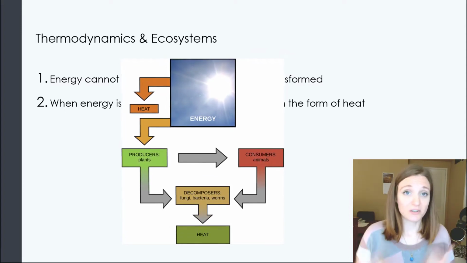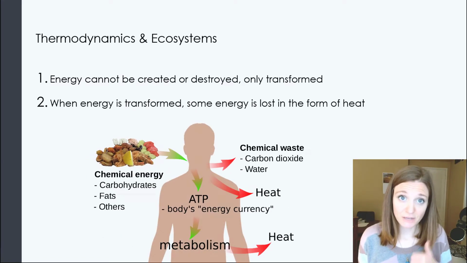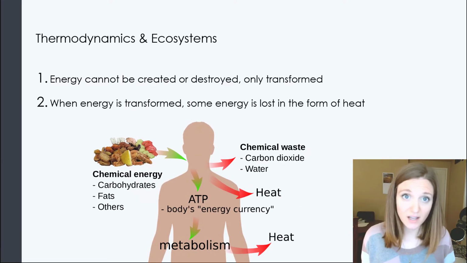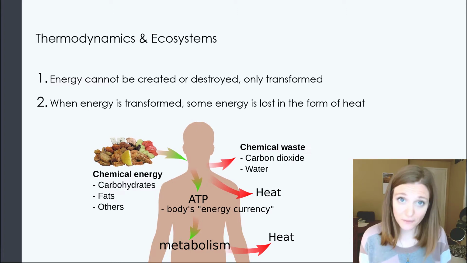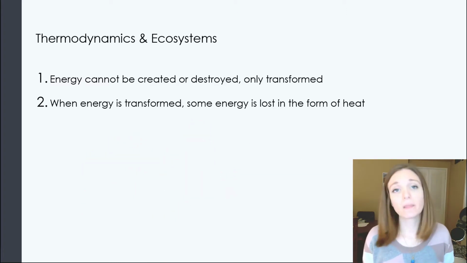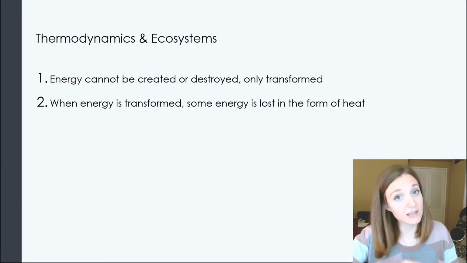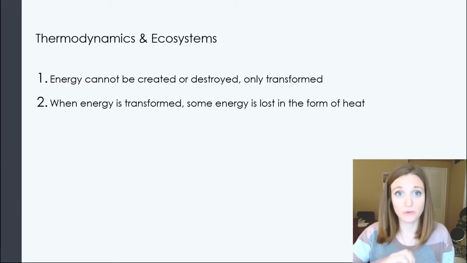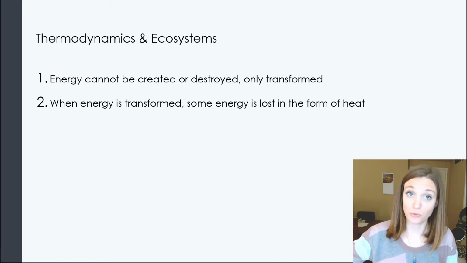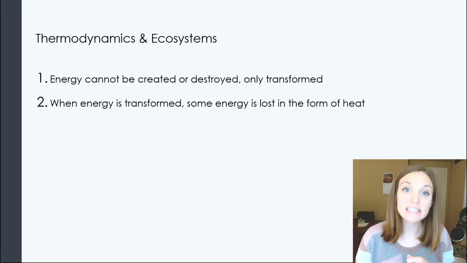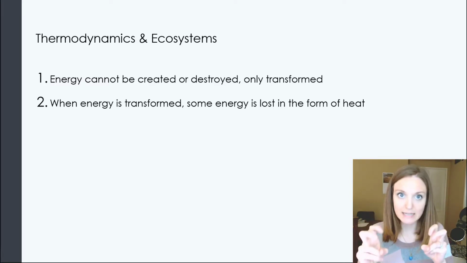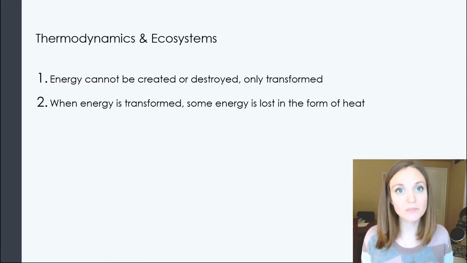So when our cells are going through cellular respiration, one of the byproducts of that process is heat, thermal energy, right? So when we're transforming energy from one form to another, some percentage of that energy is going to be transformed into thermal energy. And we say that thermal energy is quote unquote lost when we talk about ecosystems because